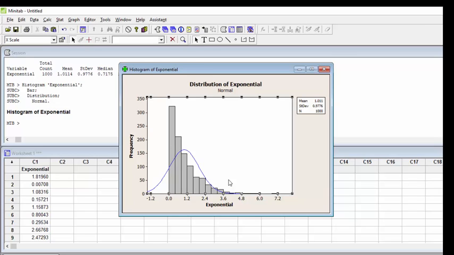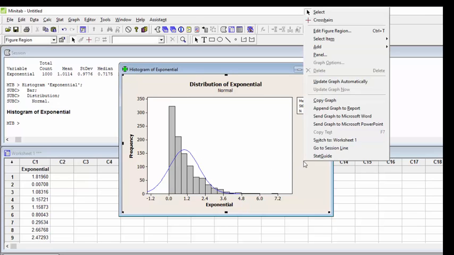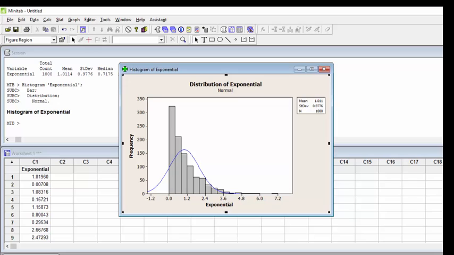Now remember, we're trying to illustrate the central limit theorem. So what we're going to do is we're now going to create a sampling distribution. But the first thing that you're going to want to do is learn how to get that histogram into a Word document. All you do is right-click in that graph, copy graph, go to a Word document, and paste it